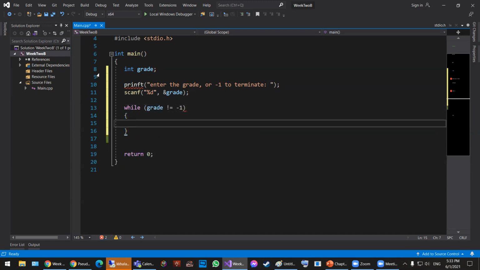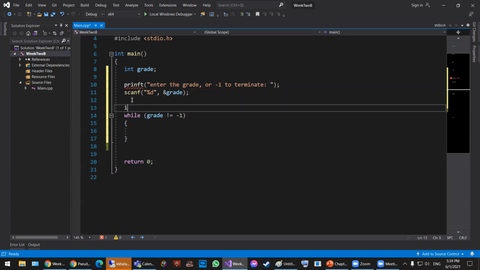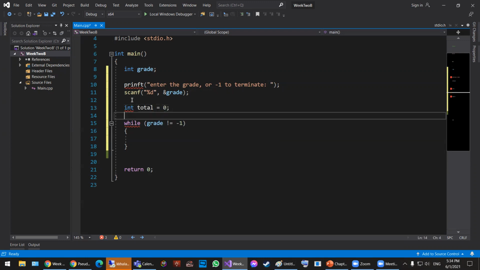-1, what am I going to do? I'm gonna keep a running total. Let's say I'm not gonna calculate GPA. I just wanna give him the average, right? So I'm gonna say I have int total starts as 0, and I have int count starts as well 0. Total is 0 for now, and count is 0. Initially, they start from 0. So while grade is not -1,